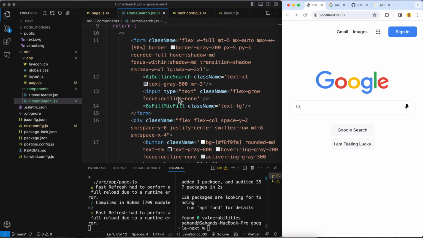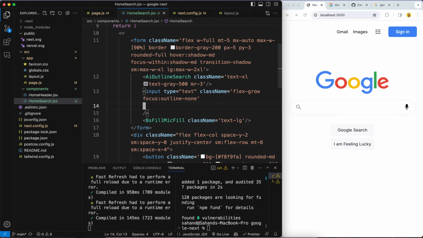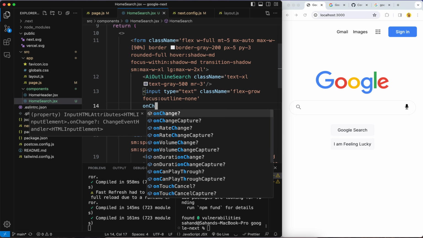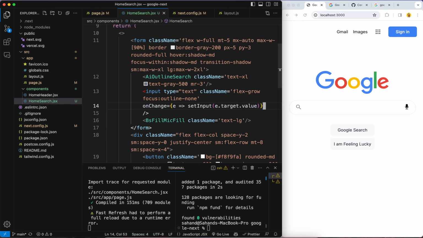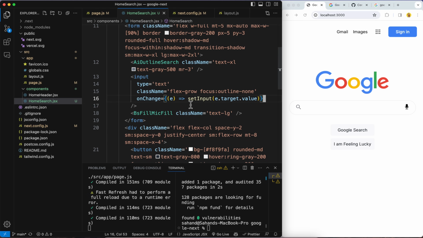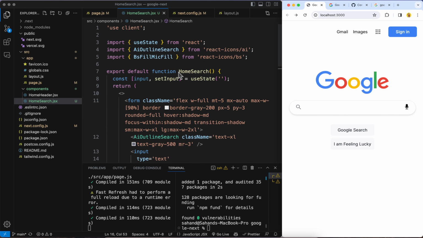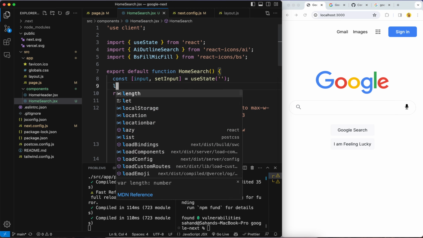For doing that, we just need to go to that input that we have, this input, and then we're going to add an on-change event listener, which is going to give us the event, and then we can change the input and set it to e.target.value, which is the value of that. So now, if I console log that input,